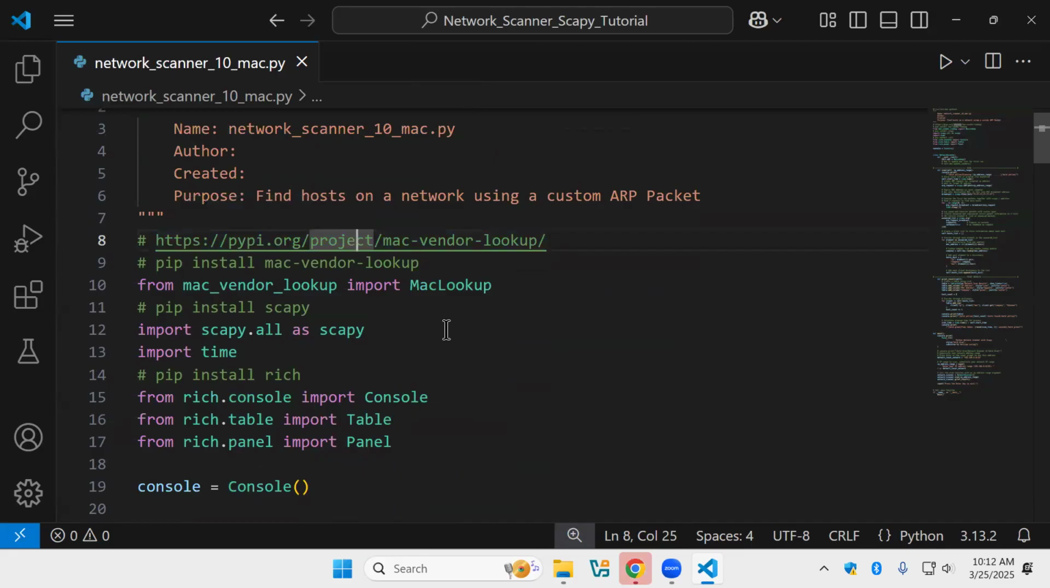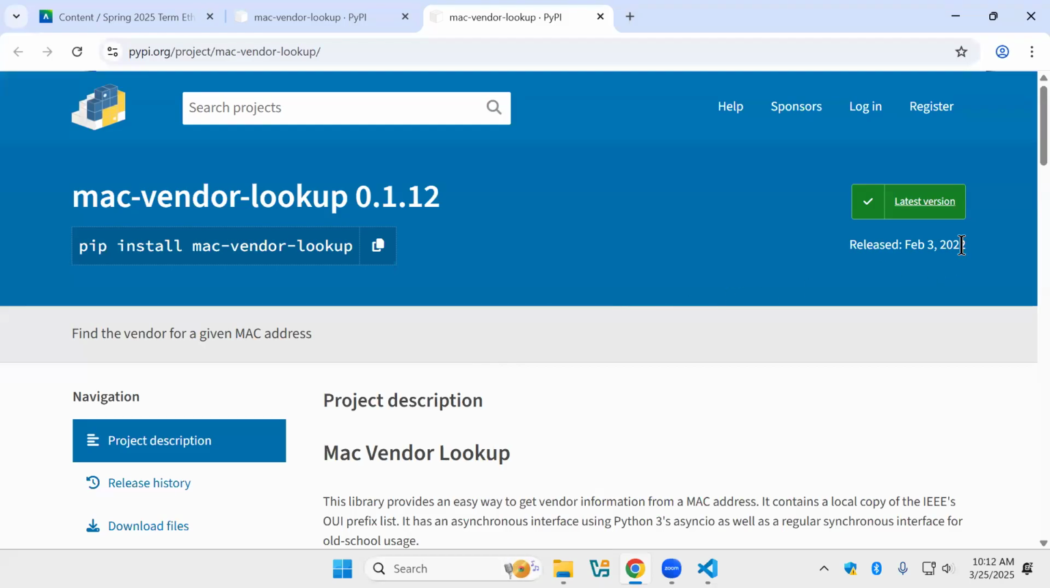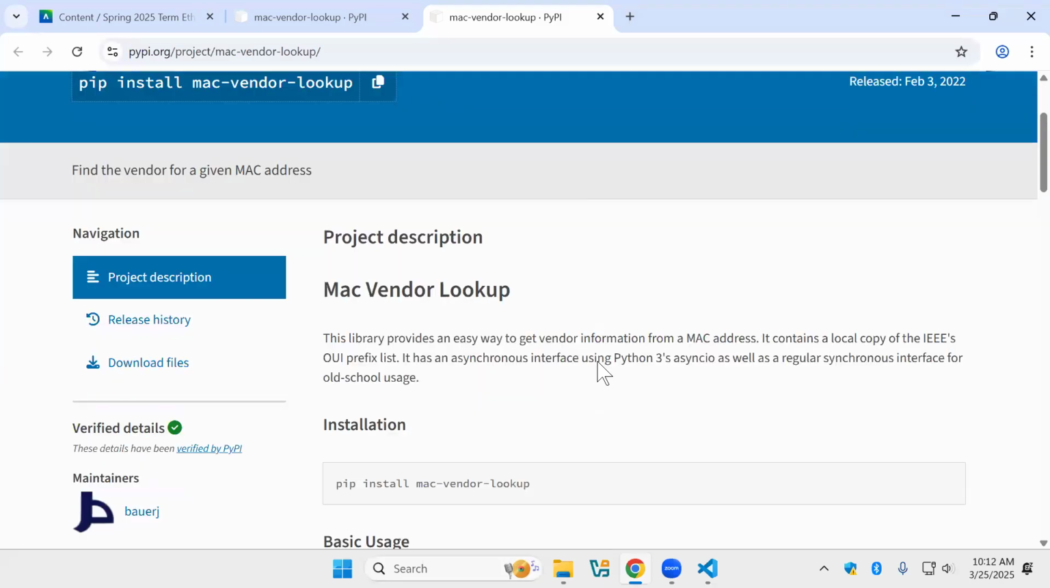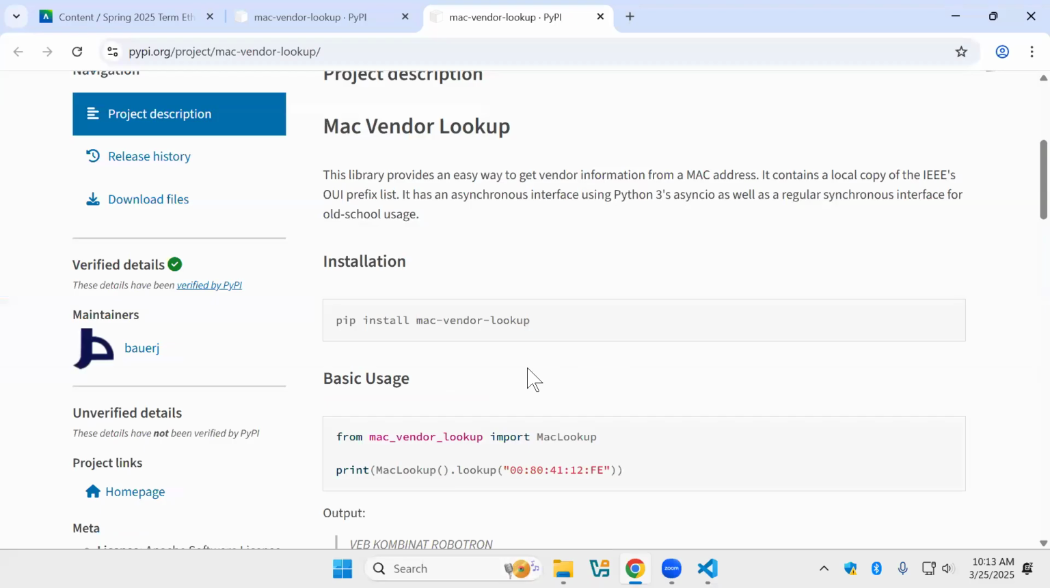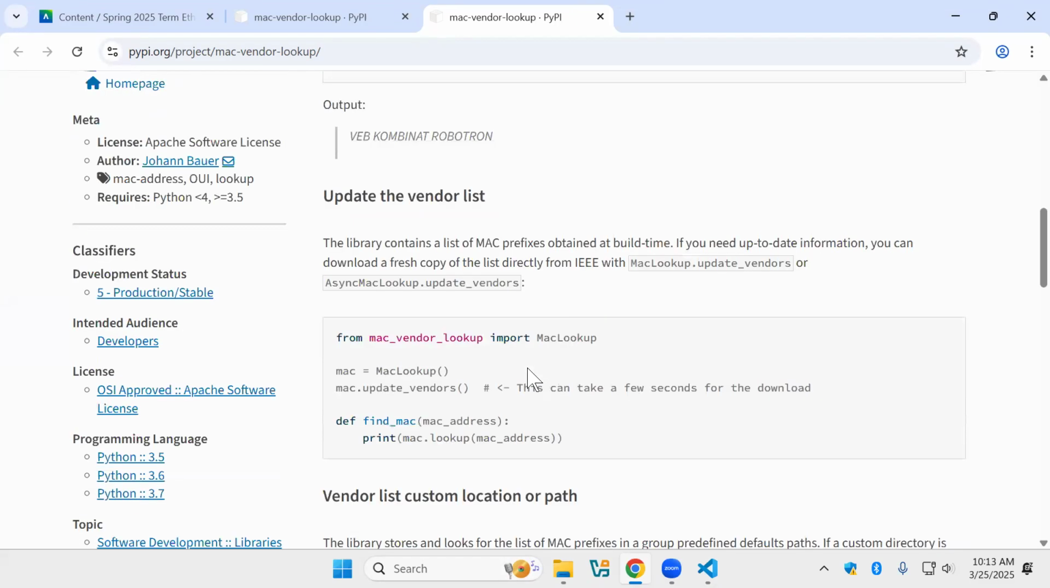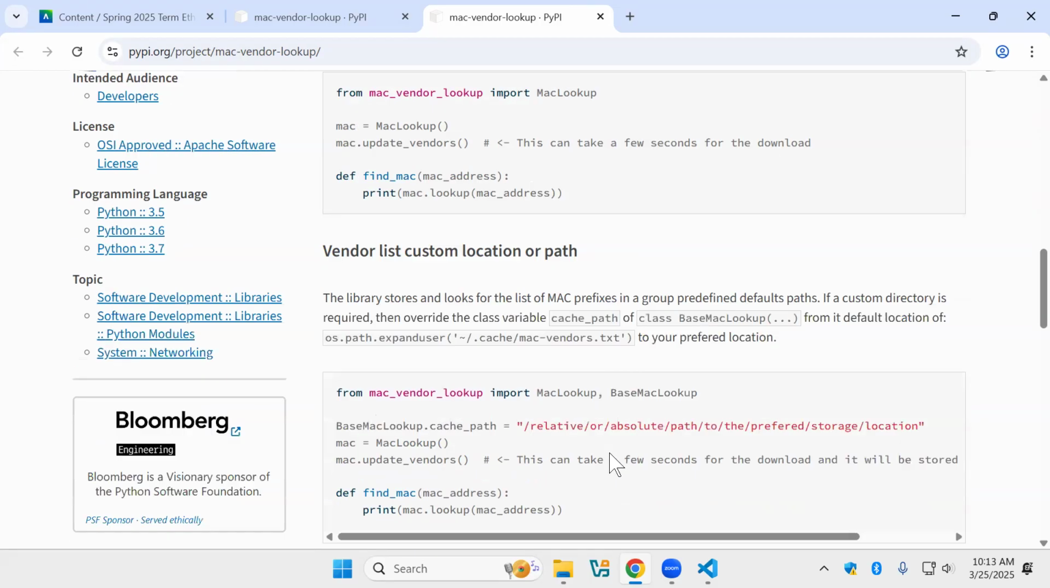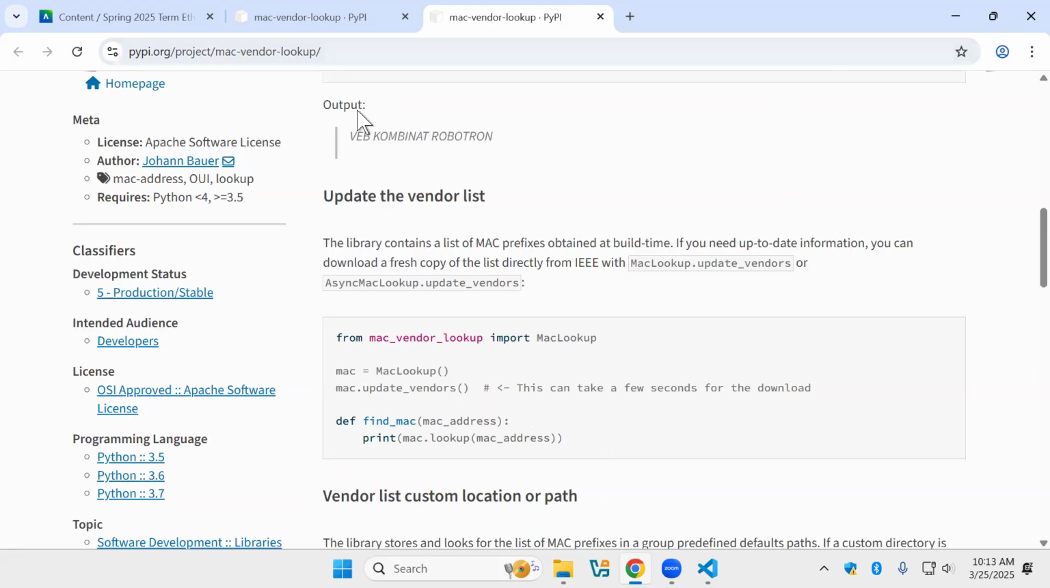And if you want to find out what it does and how it works, you go to the MAC, and there it is. It was released in 2022. It works. And I'm hoping they keep up the database of MAC vendors because most of the time it has the right stuff. But look at here. It kind of gives you exactly what to do, and that's all it does, which is fine. That's all I needed. Create the object, you update the vendors, and then you do mac.lookup. So that didn't take me long to figure out. But it requires more experience than just,